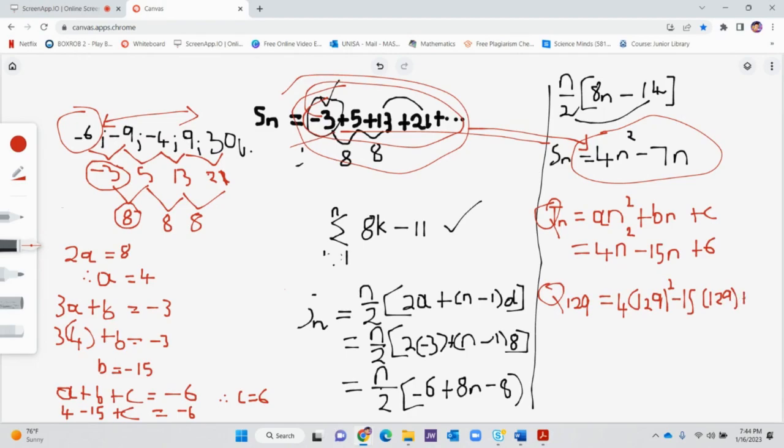So putting this into a calculator will be equal to the same answer, 64635. So this is a bit longer, whereas the first method was a bit shorter. But